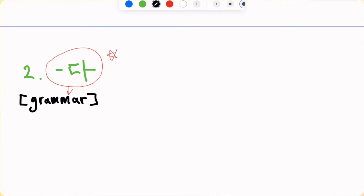그래서 일단은 grammar 보시면 present sentence 만들 때는 we have to do verb first because the rules are different for verb and adjective, which I think you all agree is one of the most annoying parts of Korean grammar. As a teacher and also as a student, I'm sure. 아무튼 일단 verb 먼저 볼게요. verb present tense에서는